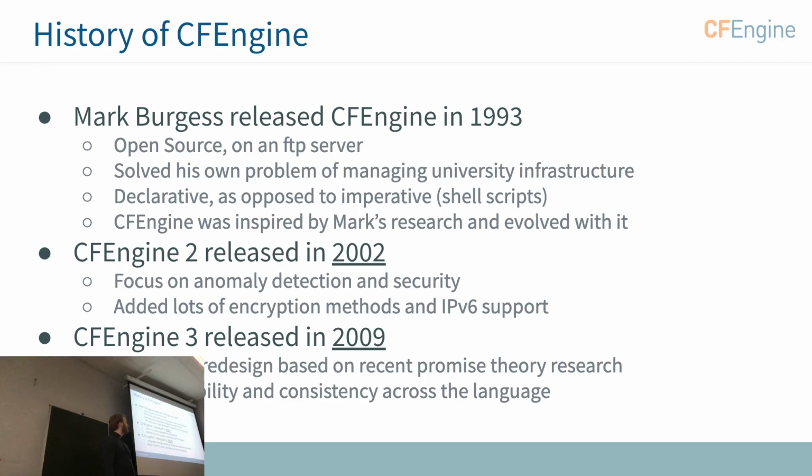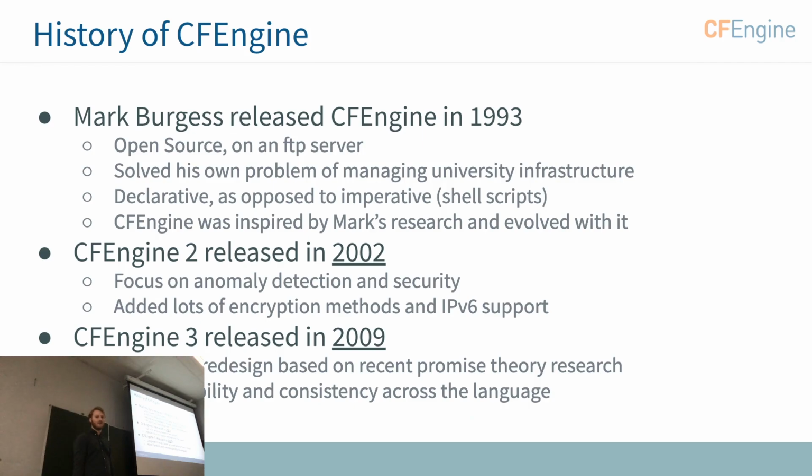The big innovation was that it was declarative, not imperative, and was focused on a convergent state. And it was kind of Mark's research project, and also his research evolved with it, and it influenced